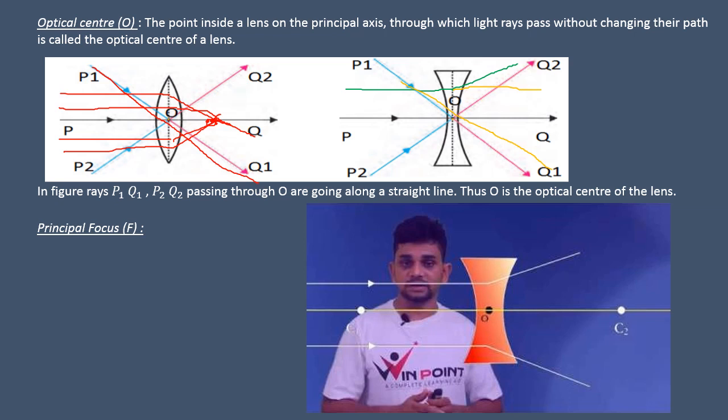Suppose here, then it is divergent. A concave lens is called divergent, meaning when the rays come here, they diverge. So how will we get a focus here? For this you have to extend the rays backward like this, and when they come into contact on the principal axis, that point is called the principal focus. Your idea will be clear through this video. Just go through the video and you will understand.